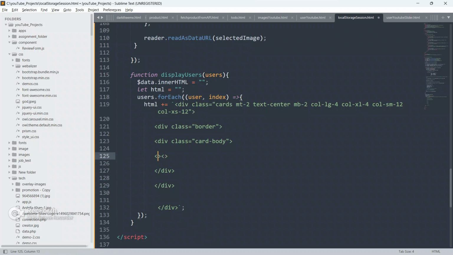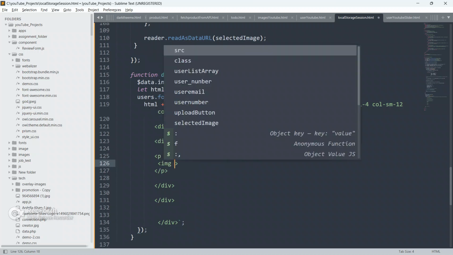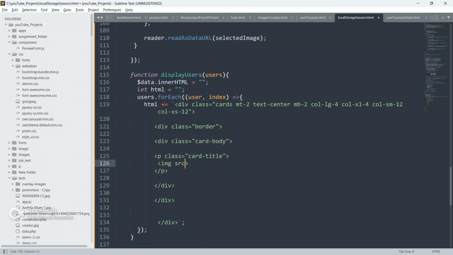So now inside this div I am gonna create a p element. Give class also as card title, and inside this p I am gonna display the image. I am gonna display the image first. So give img src, and we have to use